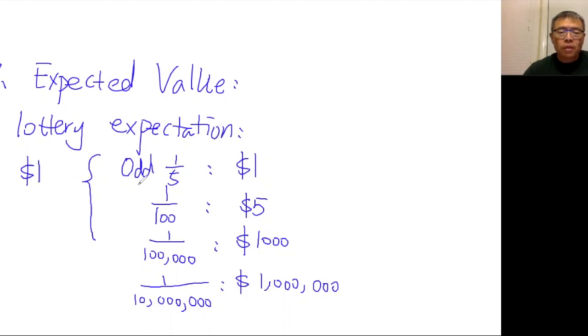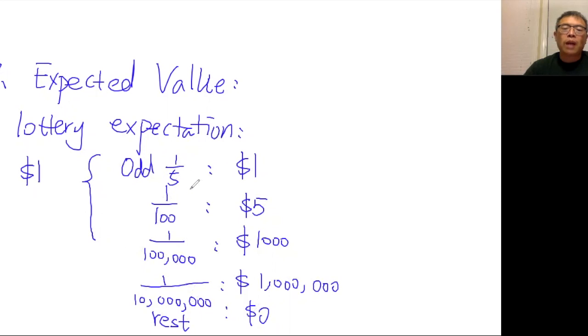See all these probabilities, if you add them together, it does not equal 1, right? And that means for the rest of the cases, you do not get anything. So for the rest, you simply get $0. You have to keep this in mind. Now, what is the return on average on each purchase? And how do you calculate that?